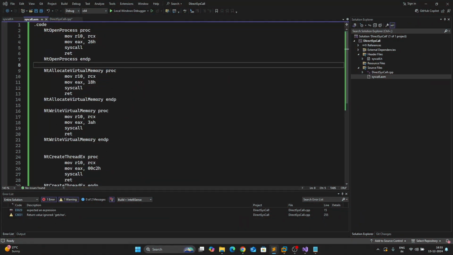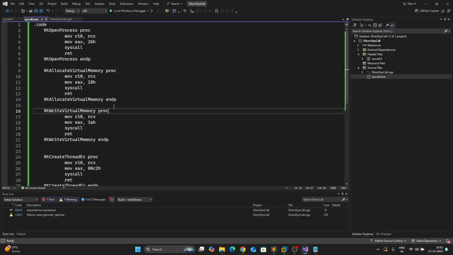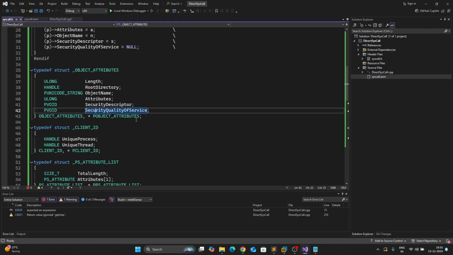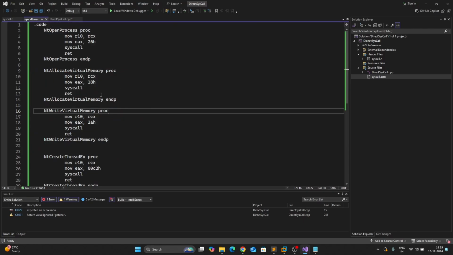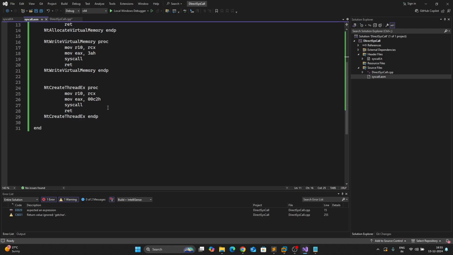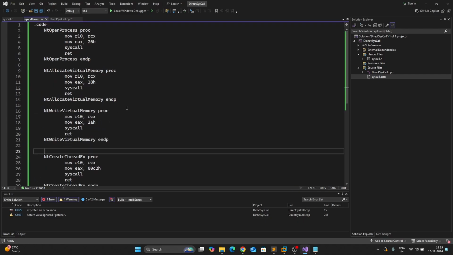Okay, so finally, we're done with stage 2 of implementing direct syscalls, where we have successfully defined our custom syscall stub and our function prototype. Now make sure that your syscall stub looks something similar to mine over here. Once you're done, we can now move on to the final stage, which is coding the remote process